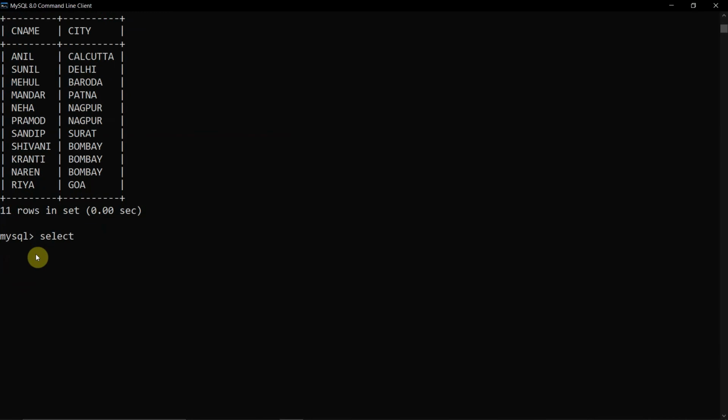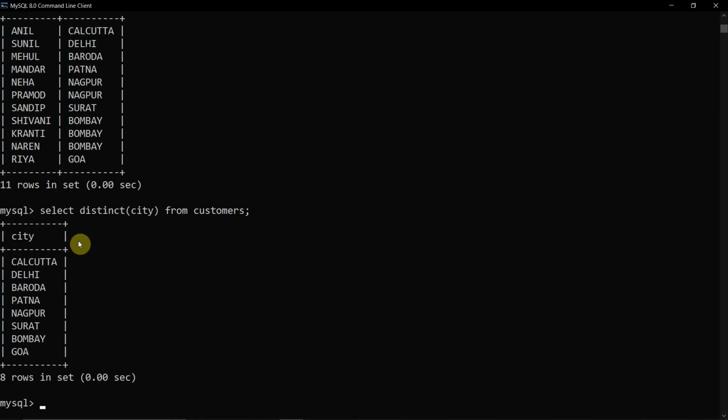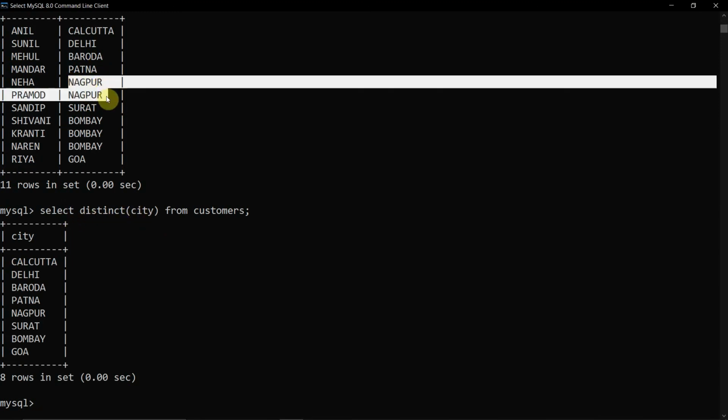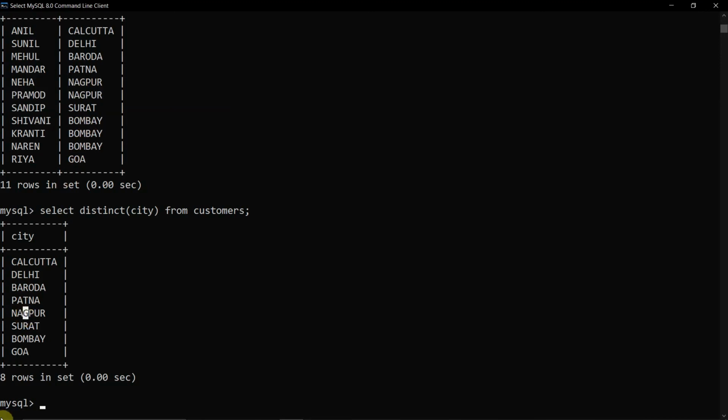Select, now you will write the column, that is city, from customers. But now you want the distinct columns, so I will write distinct, and the name of the column you have to write in brackets. If I execute it, you can see that Nagpur, which was repeated twice, is written only once, and Bombay is also written once.